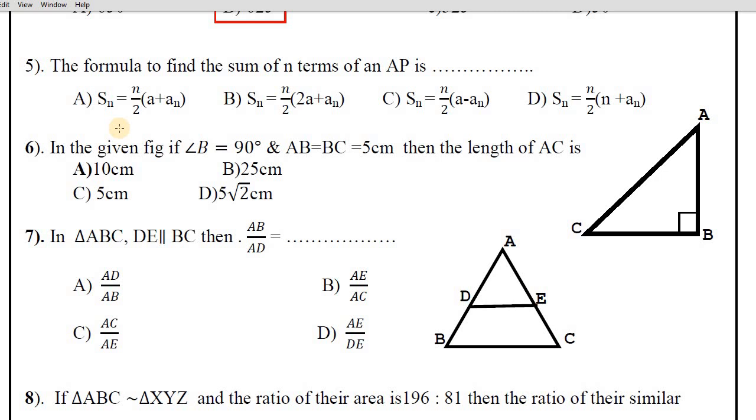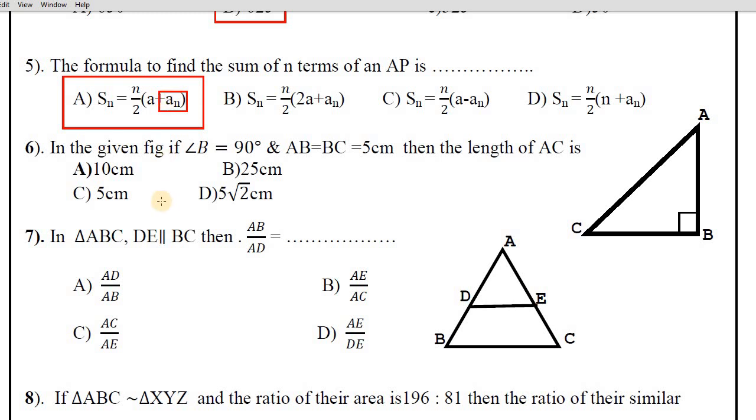So no such formula can be seen here in the given options. So which option will you go for here? You want to go with option A, that is Sn is equal to n by 2 into a plus an. You know why you want to write this one? See here, they mentioned an. So the an formula is what? A plus n minus 1 into d, and here already one a is there. So 1a if you add with another a, you will get 2a plus n minus 1 into d as it is. See how nicely they have framed this question.